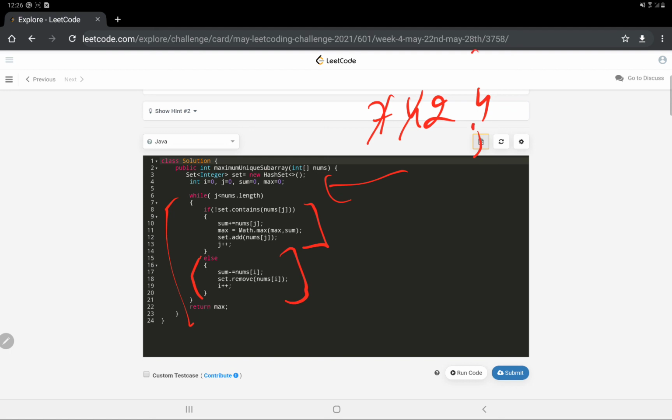we are not incrementing j. We are incrementing j only and only when the set does not contain the number, that is when the uniqueness property is achieved, that is when we delete the duplicate value. If there are, suppose, 10 numbers ahead of that, we will increment I one by one until we reach the point that is unique. So we will cover that. This is the beauty of the sliding window approach, that we can cover all the subarrays with it.